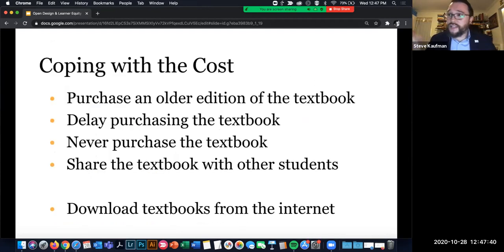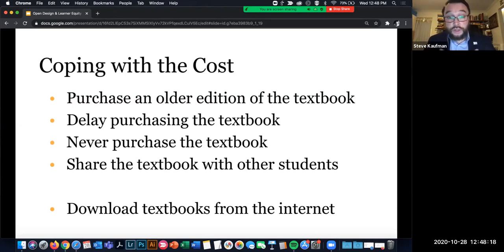Now, when it comes to coping with cost, I think you all hit it, right? Students will purchase the older edition of the textbook, which is sometimes a risk because maybe the content isn't updated. And if they purchase an old edition, even if it wasn't recommended by the faculty member, they might be missing assignments, or certainly the page numbers won't line up with what they're being assigned in the class. They'll delay purchasing the textbook. On my campus, a lot of our students say that they wait 3 weeks before they purchase the textbook because the financial aid checks don't get issued until 3 weeks into the semester. So there's that divide, that extra challenge of I don't have the money in hand to be able to go out and get these things.